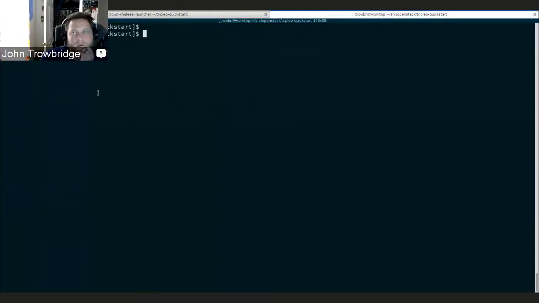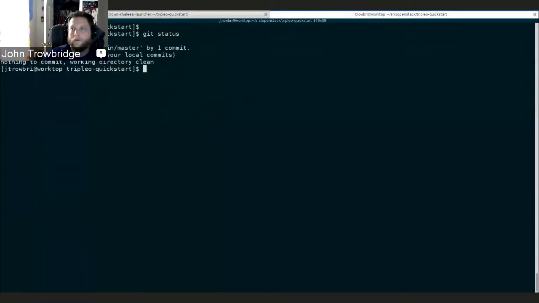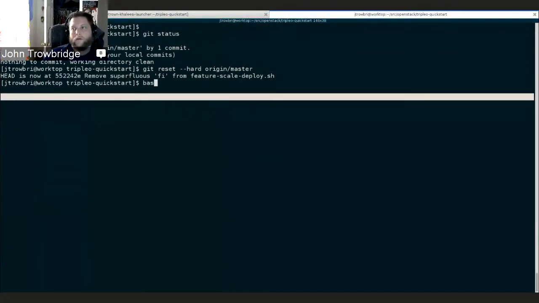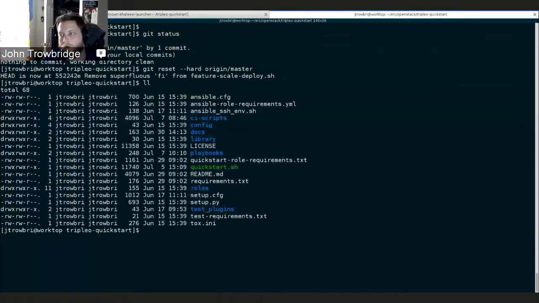So I just have a checked out copy of TripleO Quick Start, the patch I was working on this morning. And from here, we can just run, in the root of the tree, there's this quickstart.sh script,